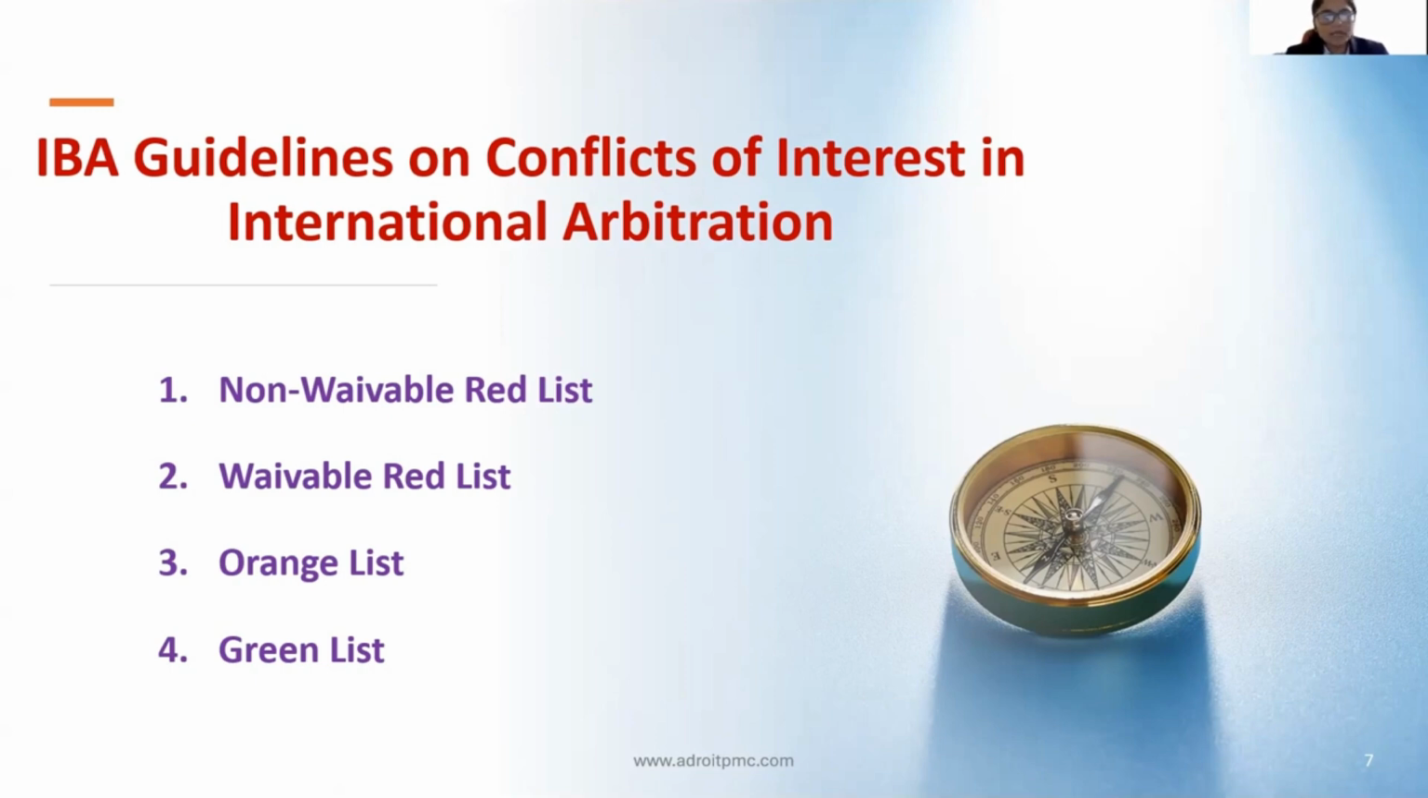And next is the waivable red list. The employees, who may not be part of the dispute or directly associated with the parties, but who is somewhat an employee of the company, or might have given some advice on the specific dispute, will come under this waivable red list. So after disclosing the past relationship of the arbitrator with the parties,